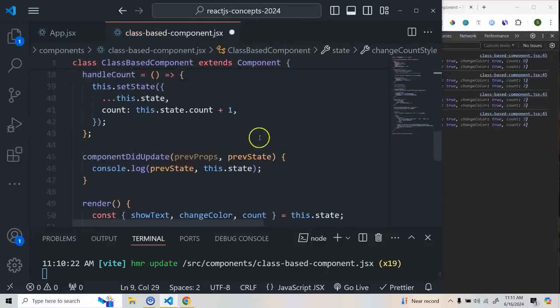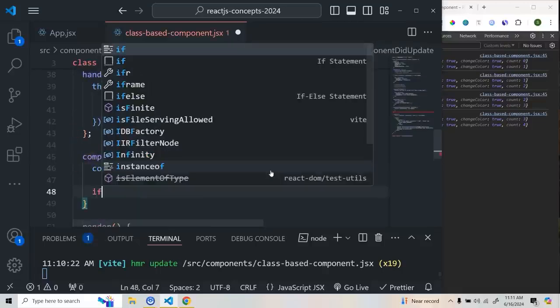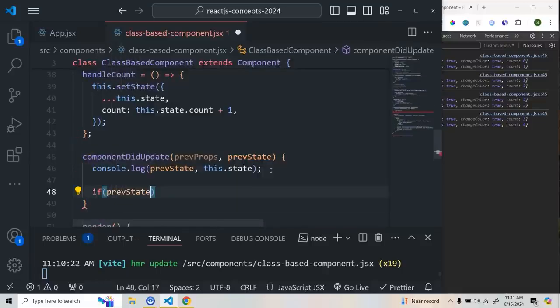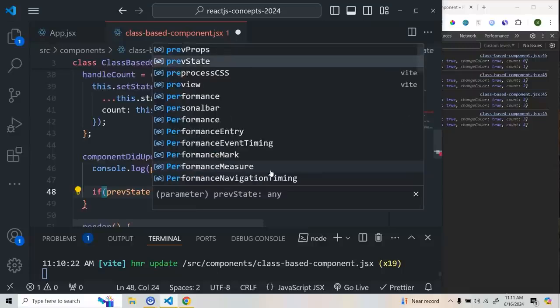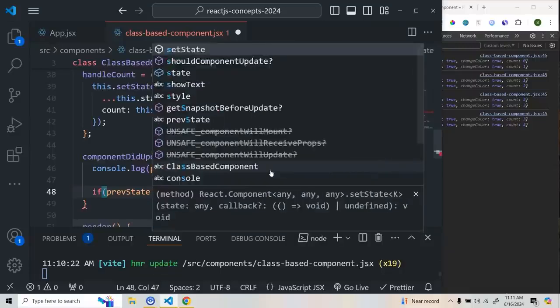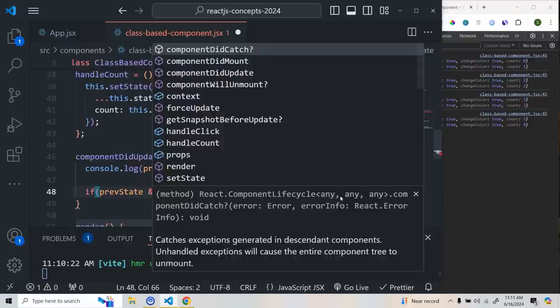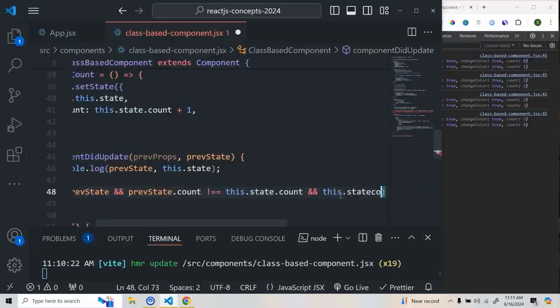To do this one, I need to keep track of the previous state and the current state. And where we need to do that, we need to do that inside component did update. So here what you will check, right? Very, very important: if previous state dot count is not equal to this dot state dot count, that means we are checking that previous count is not the same as current count. And we'll check this dot state dot count